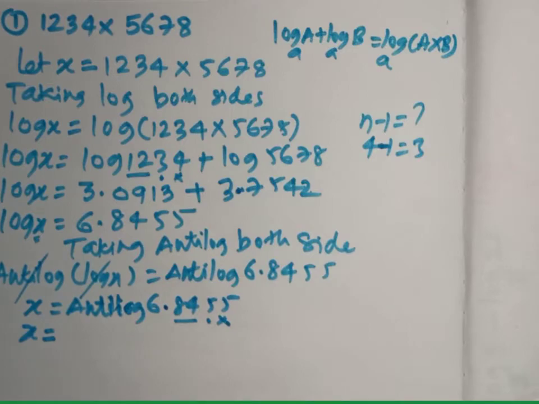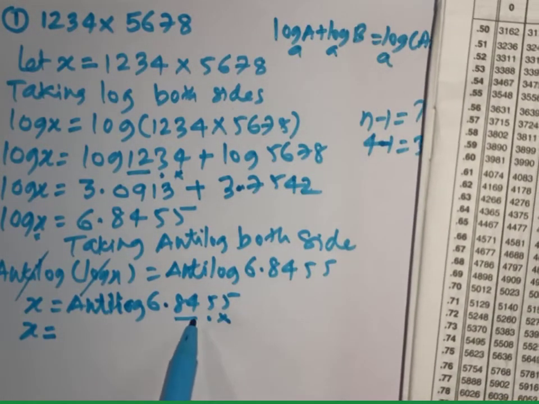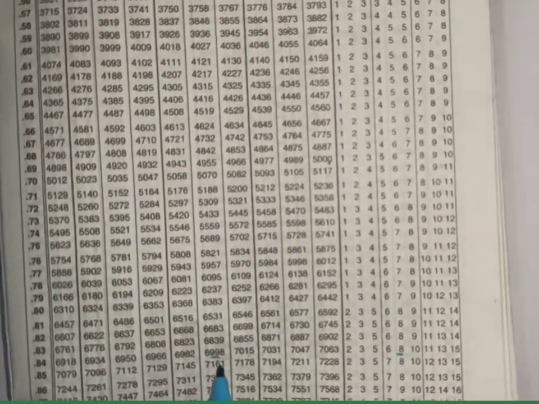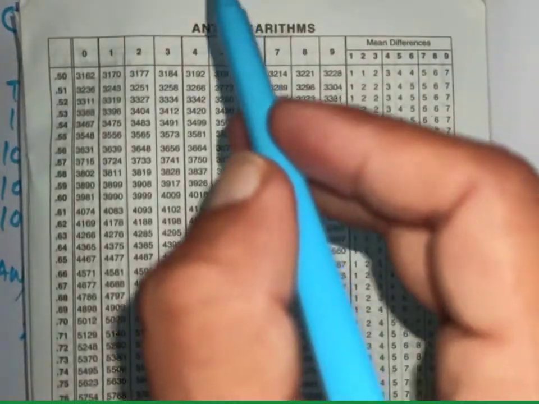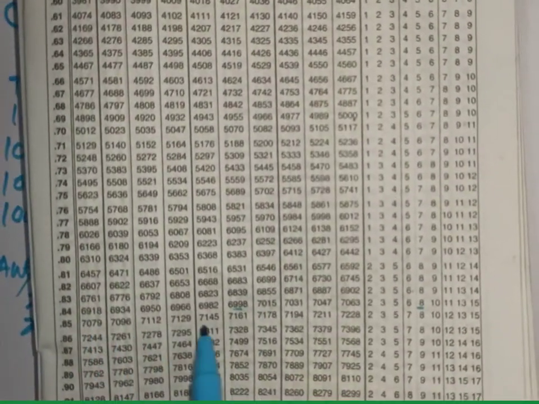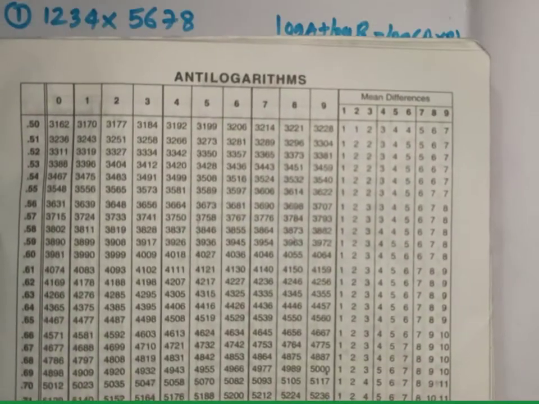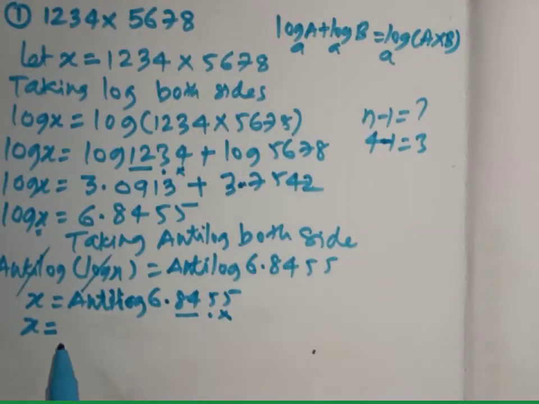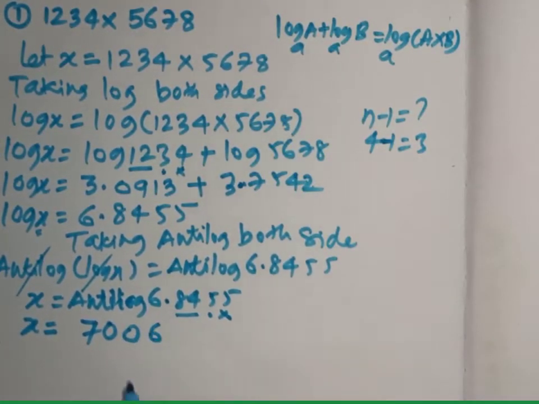Let's try to find out using the log tables. So we are finding the antilog of 0.84 under 5 mean difference 5. Let's go here. You can see here 0.84 under 5. That comes to 6998, and the mean difference is also 5. If you see from the top, you can see mean difference 5. It comes to 8, and if you add this, it comes to a very simple number, that is 7006.